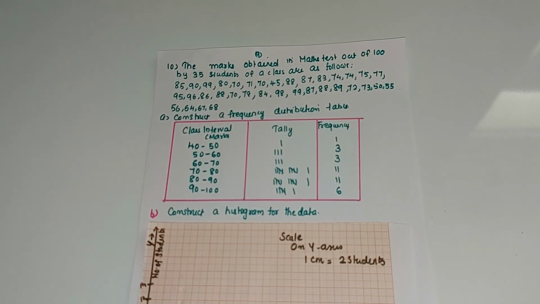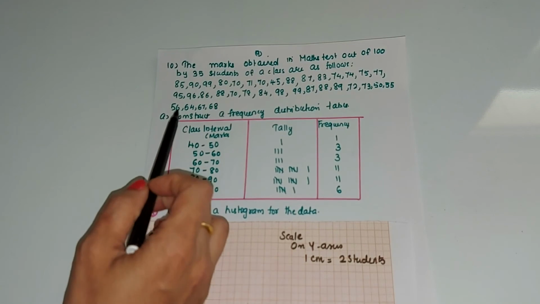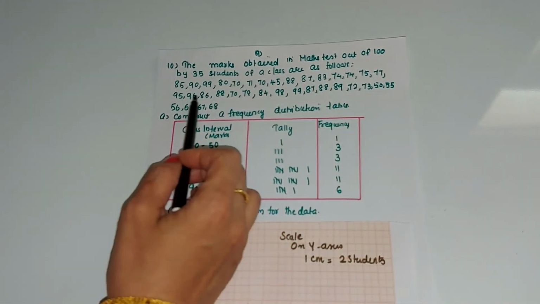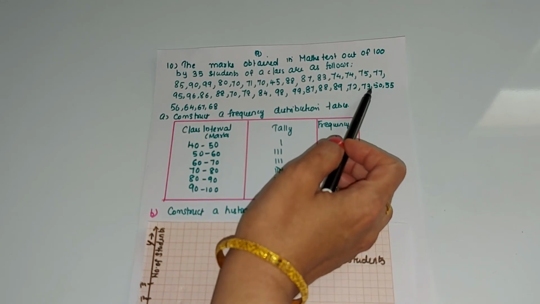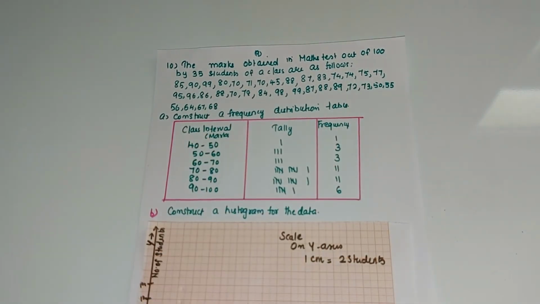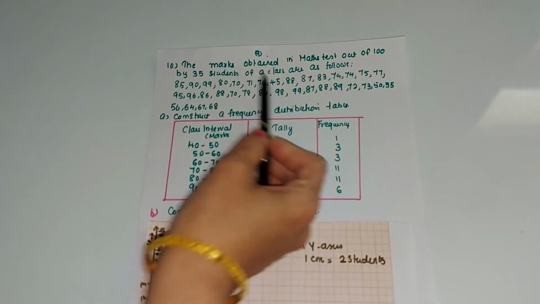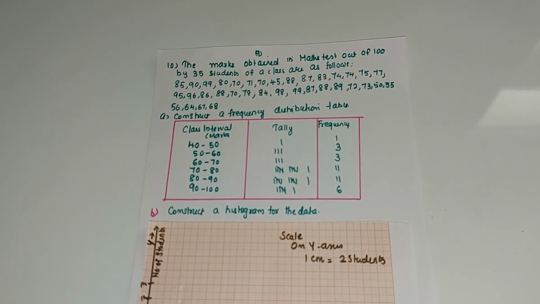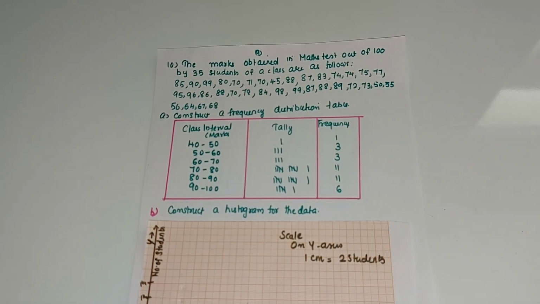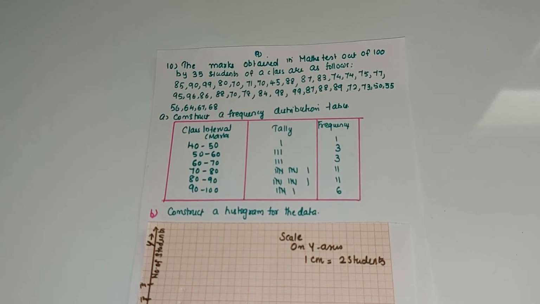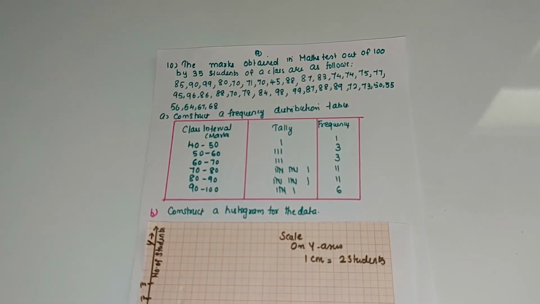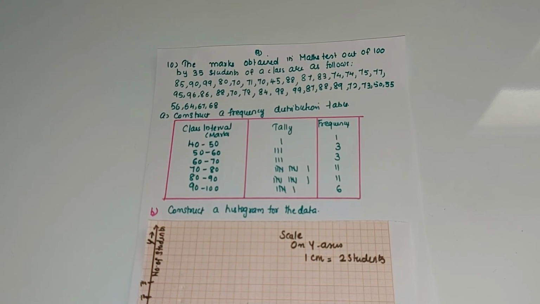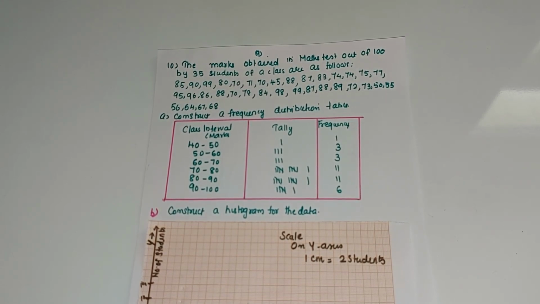Here the interval is, you check which one is the lowest mark. 50 is not the lowest mark, sir. Yes, 45 is the lowest mark. So first you write the class interval which includes 45, so that you can write as 40 to 50. And which one is the highest mark? Highest mark is 99. So you can take the upper limit of the highest class as 100. So the lower limit of the lowest class is 40 and the upper limit of the highest class is 100.